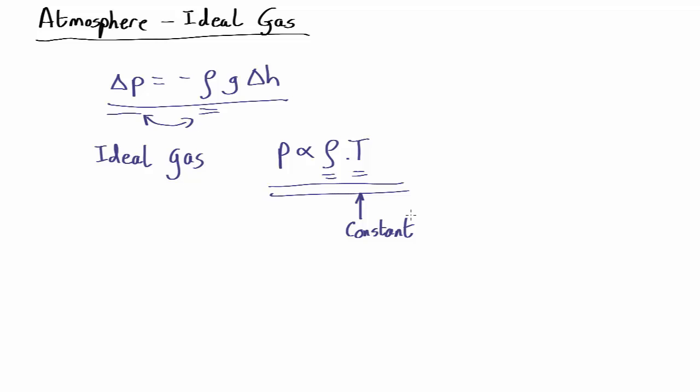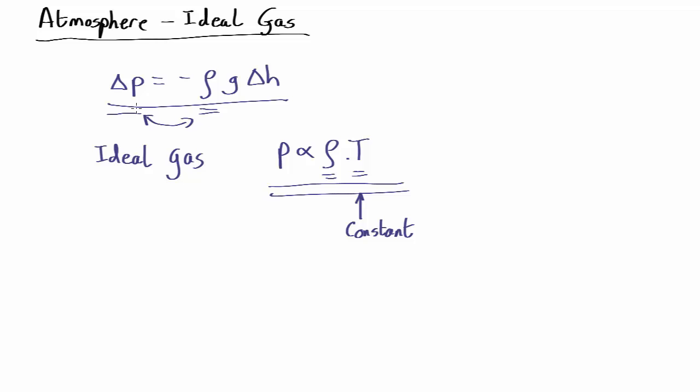Well, I know that when I'm sitting on a Boeing 747 cruising at 10 kilometers up, they often have those little seat back signs which tell you the conditions outside. It's often about minus 40 degrees. So the temperature at the top of the troposphere is about minus 40 compared to a surface temperature of plus 20, so it's about 60 degrees Kelvin less than at the Earth's surface. Earth's surface temperature in Kelvin is about 300, so 60 over 300 is about 20%. So our pressure gradient is going to be about 20% wrong when we're at the top of the troposphere of the atmosphere, which is not too bad.